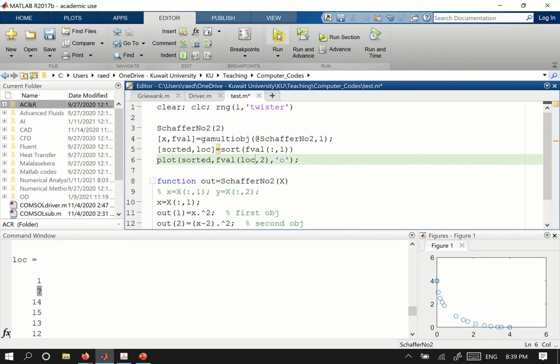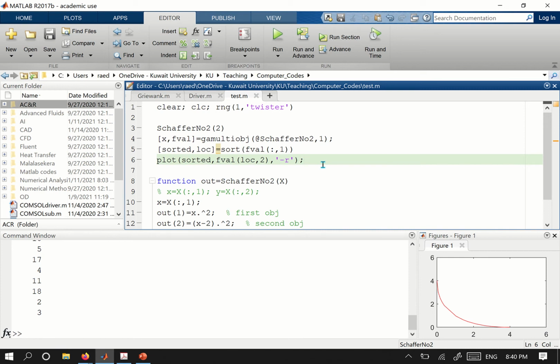So if I do this, it will give me sorted. And to prove to you sorted, I'll just say line. It will give me a line, and I can also remove the circles and make it red or something. Okay,